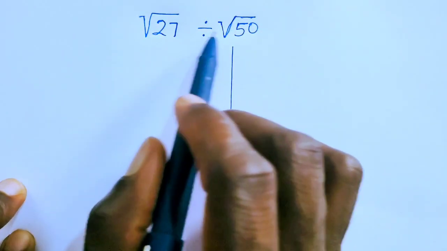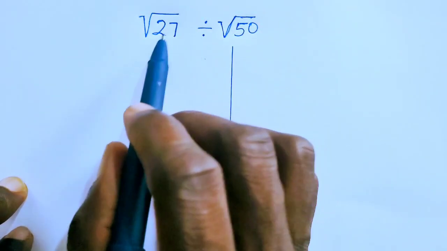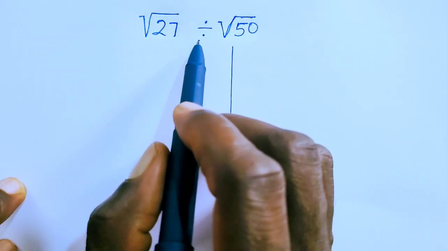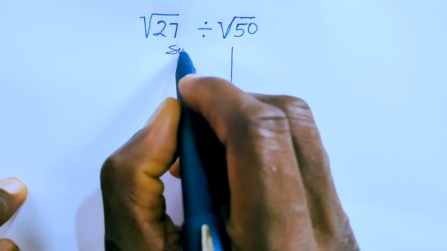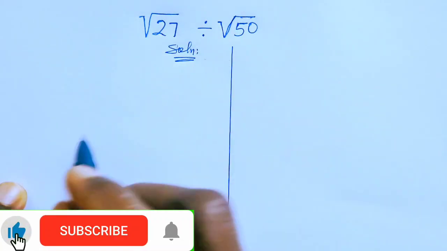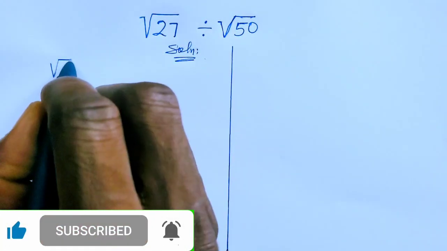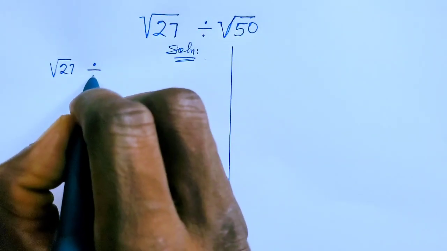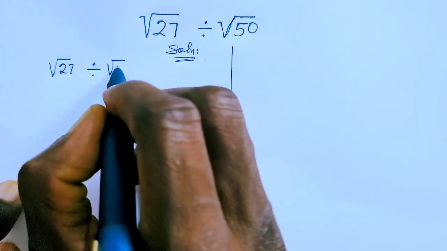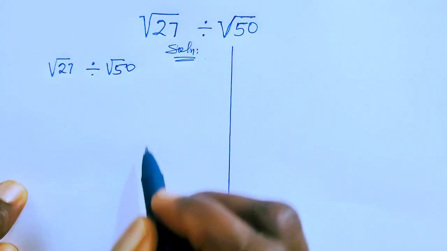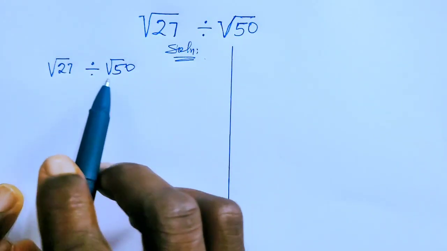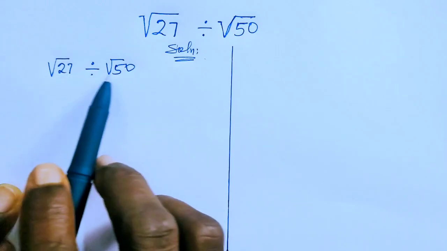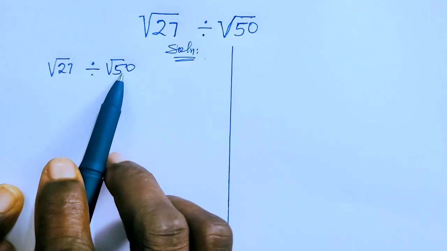In this video, we are going to learn how to simplify this Surds expression without a calculator. Now let's have a solution. We have the square root of 27 divided by the square root of 50. Now we are going to break these numbers under the square roots, 27 and 50,